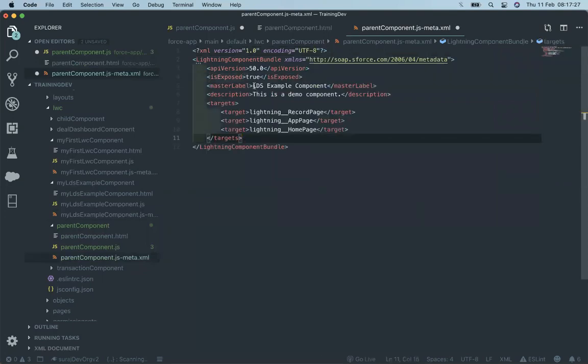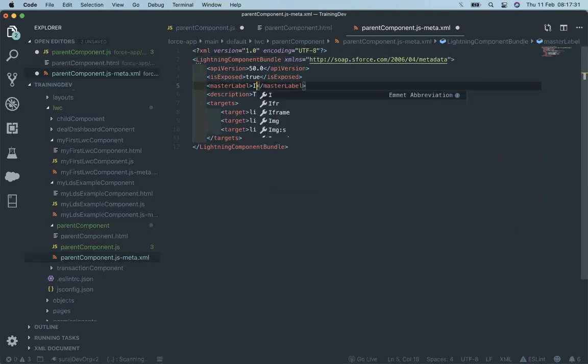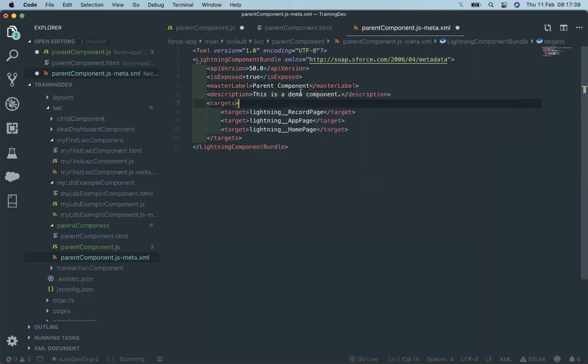Okay, make it true. Let's give the name: parent component. This is the demo component for parent child relationship.